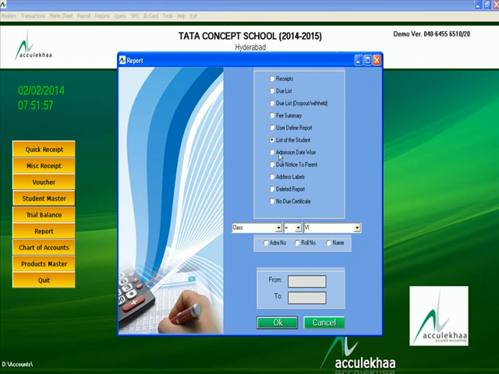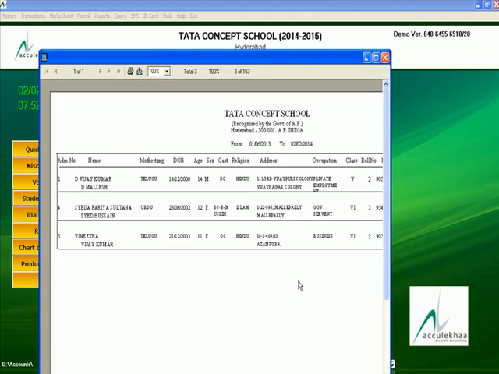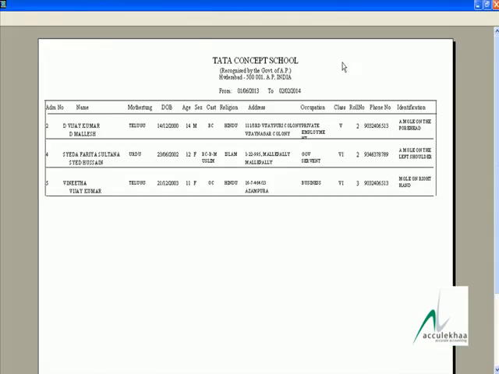If you need the data admission date wise, click the admission date, 1/6/2013. This 3 entry, after the 1/6/2013 to 2/2014, these 3 admissions have been done.